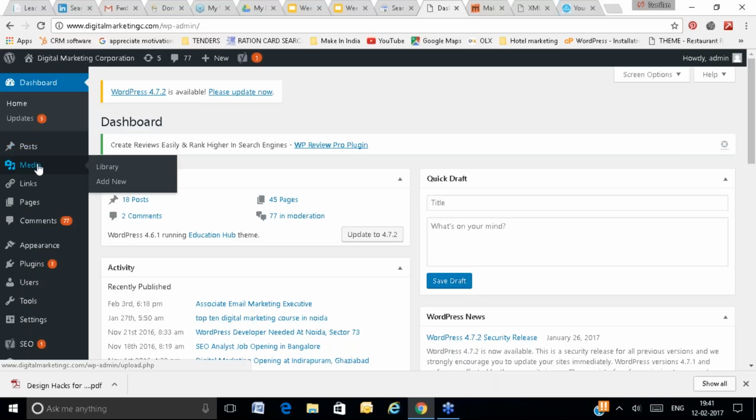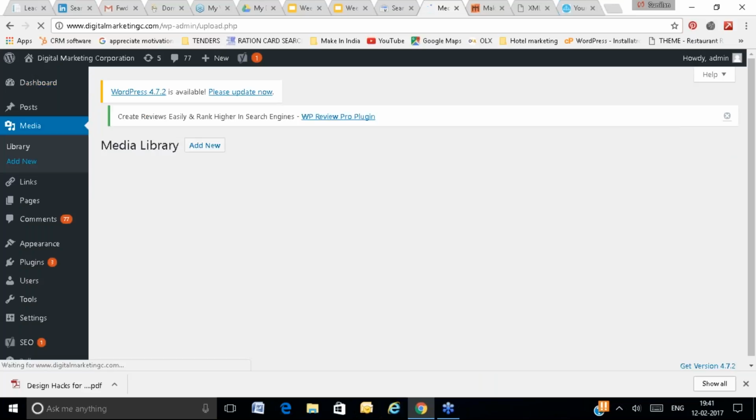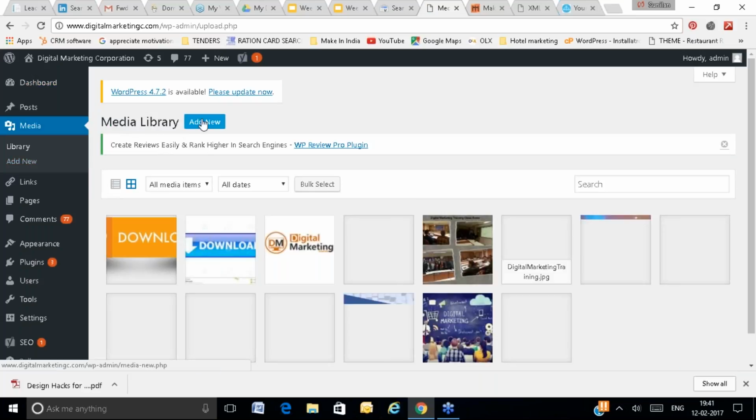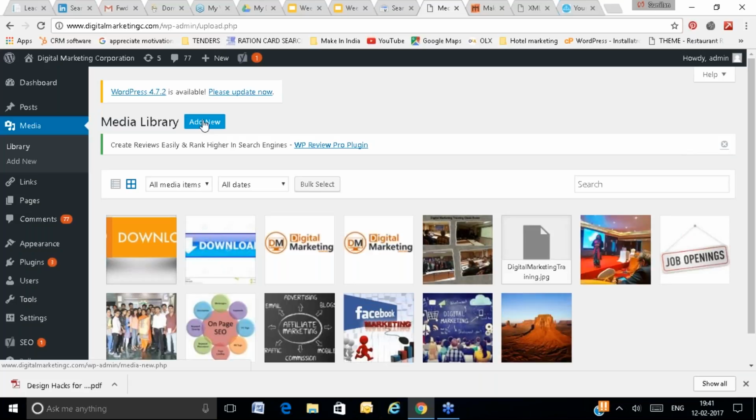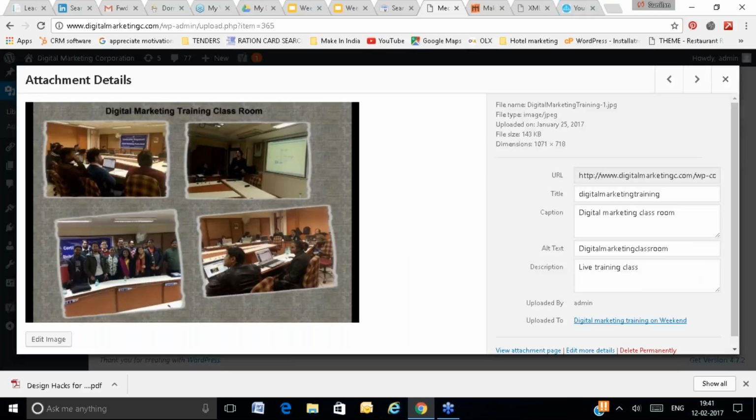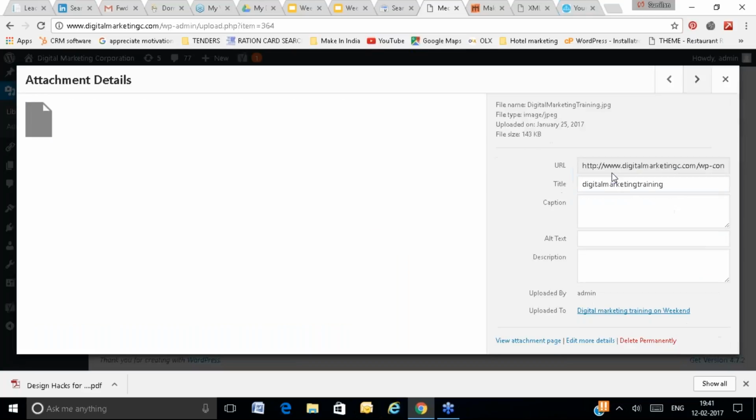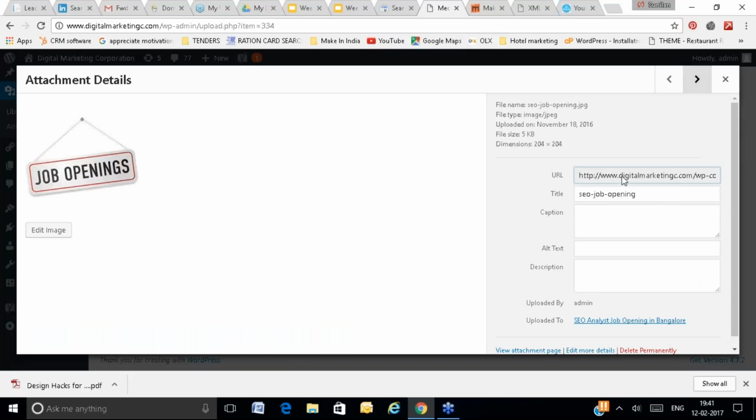If you are uploading any image, you can go to the media and upload images. You can click on add images, or just use any of the existing images. So here this is the file name.